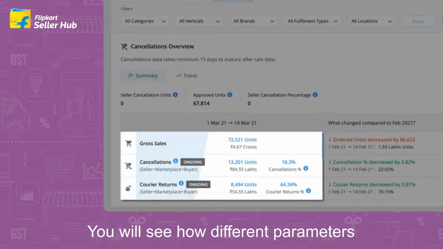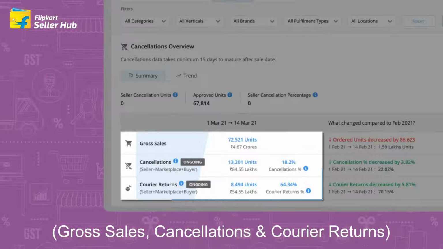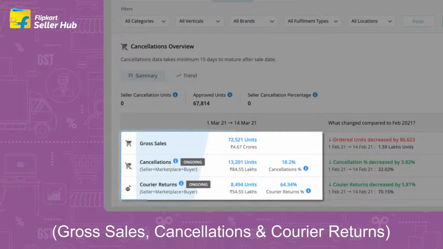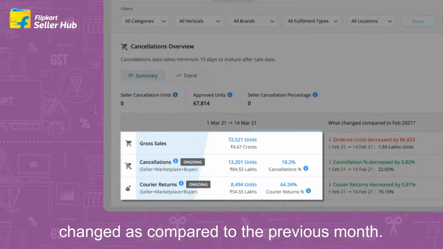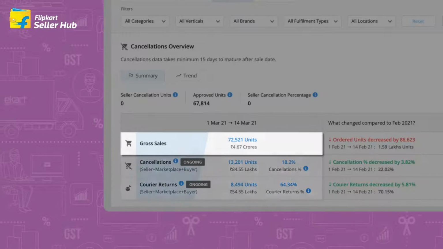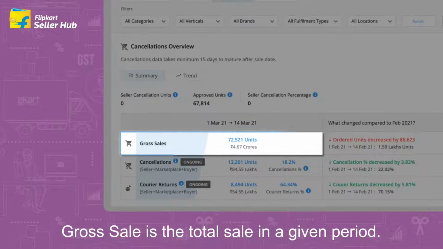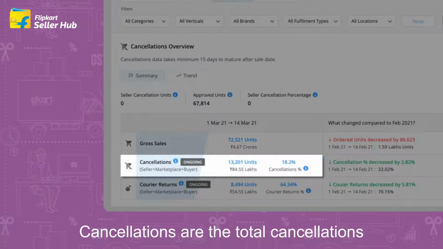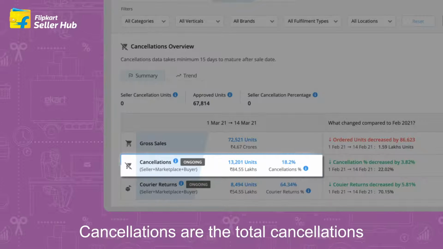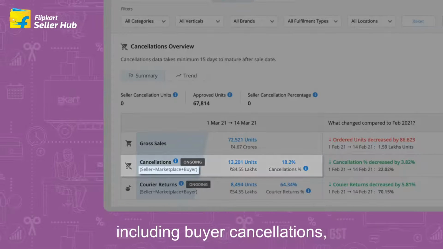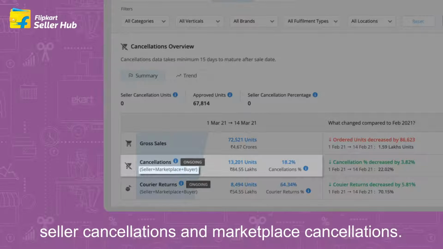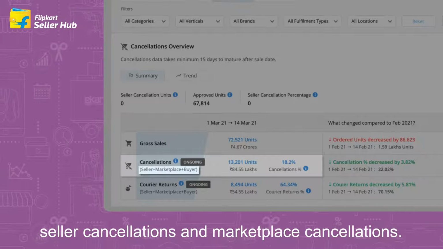You will see how different parameters, gross sales, cancellations and courier returns changed as compared to the previous month. Gross sale is the total sale in a given period. Cancellations are the total cancellations including buyer cancellations, seller cancellations and marketplace cancellations.